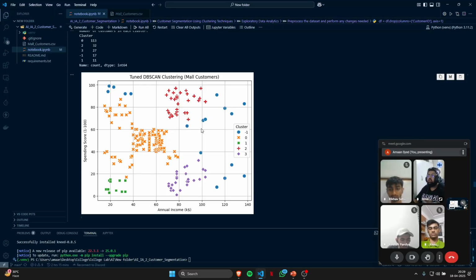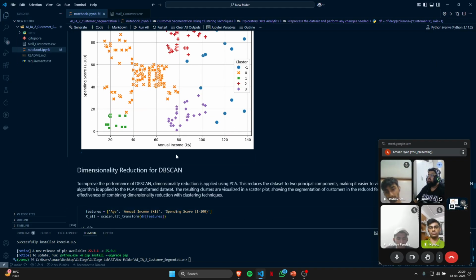This is the fine-tuned data set, and again we can see some of the blue dots are characterized as noise, and the rest are appropriated into majorly 4 clusters. Now again